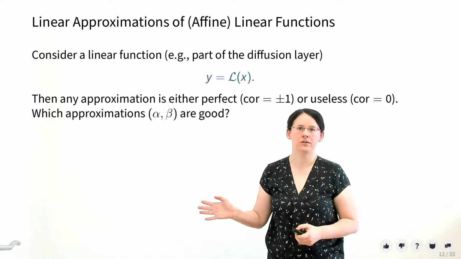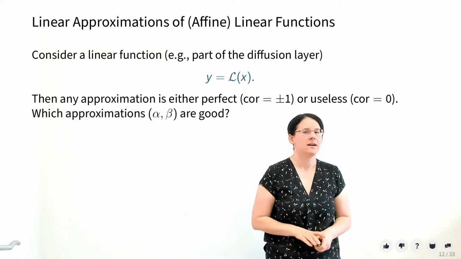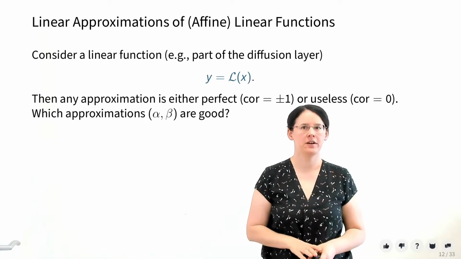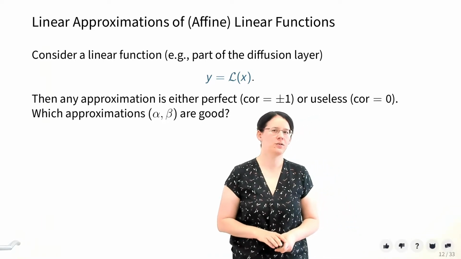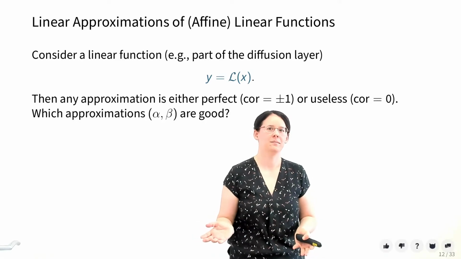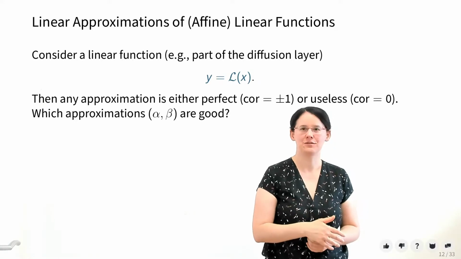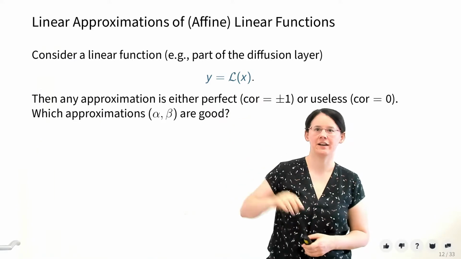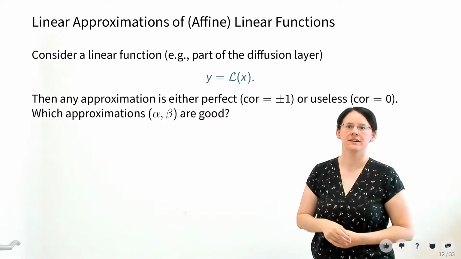So far we've only looked at the nonlinear functions, or specifically at the Sbox. But of course the cipher consists not only of Sboxes, but also of linear parts, of linear functions. Now the question is, what are good linear approximations of a linear function, or how do I get them? This sounds like a very easy question, but actually it still probably needs writing down for you to find it out. So if we look at one linear function, like for example mixed columns in the AES or bit shifting in another cipher,